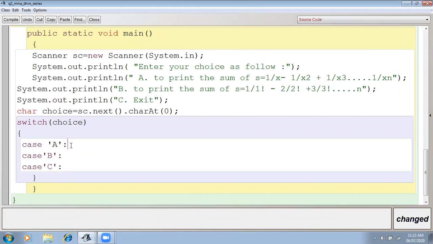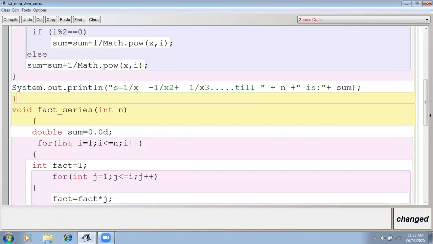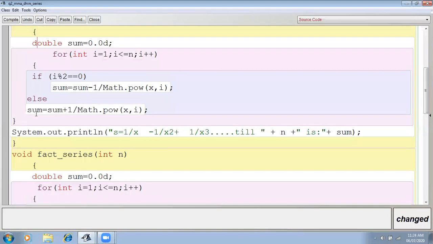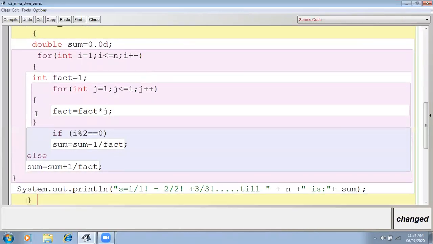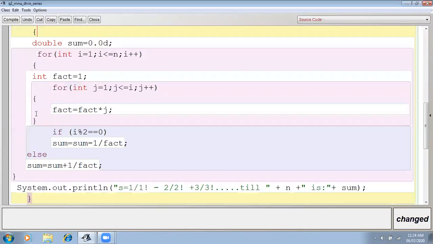Okay, so how will I call? Two things I can do. If we are making this method static, then this method is automatically going to be called here without making any object. Or if I'm making this method without the static keyword, means an instance method, then in the main method I need to create the object.